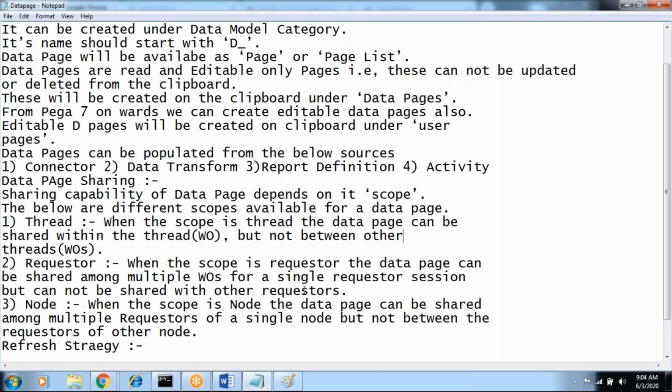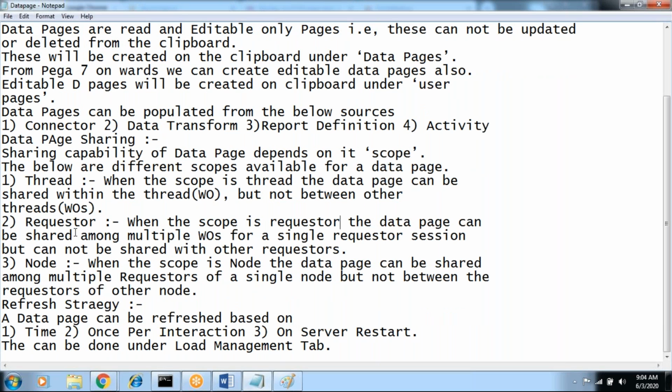No other operator is able to access this thread level data. What is the requester level? When the scope is requester, the data page can be shared across multiple work objects. This is a single requester session, not multiple requester sessions. Multiple requester sessions means node level. That is it.